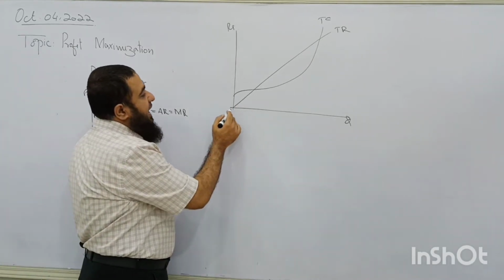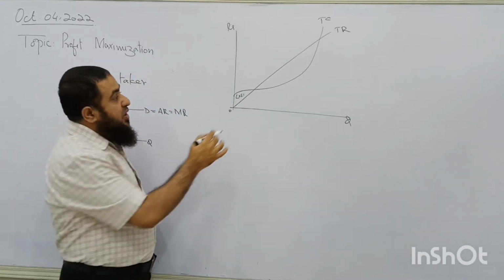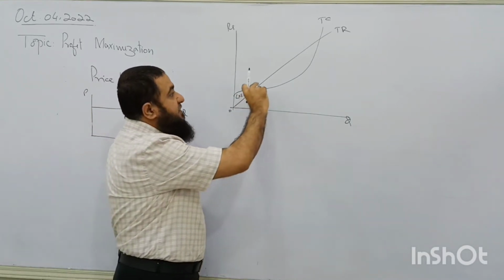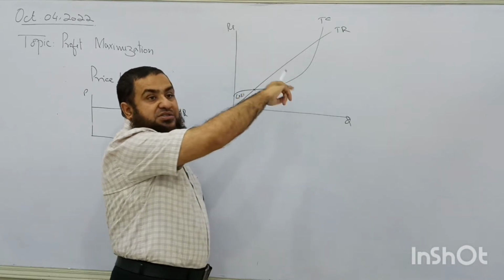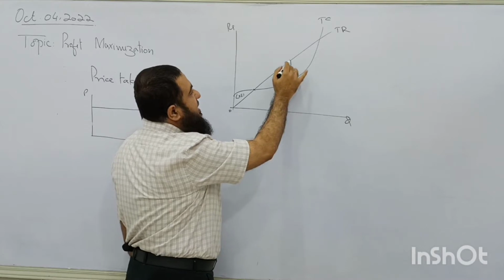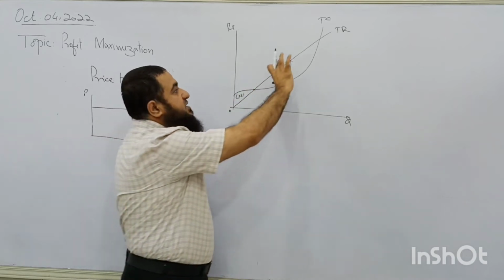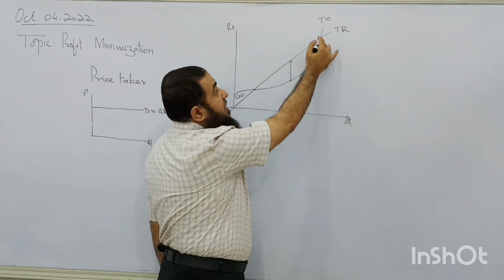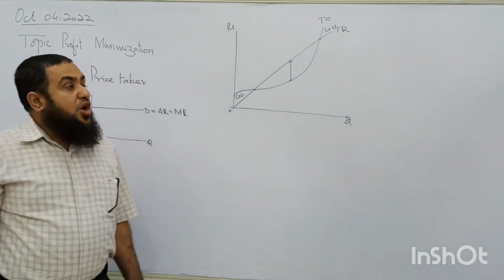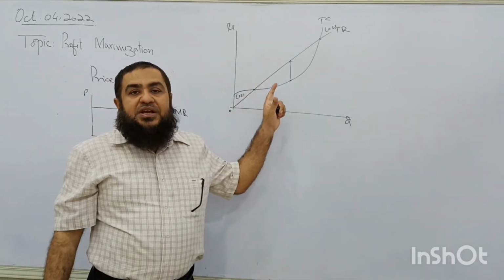So here at the start, the firm is having the loss of fixed cost. Here total revenue and total cost are equal. Zero profit is there. But after this, the gap between revenue and cost is increasing till this point. Here the gap is maximum. If the firm goes beyond this level of output, its gap is further decreasing, and we again have zero profit, and then we are also having loss. So in between these two points, the firm is having a maximum gap.